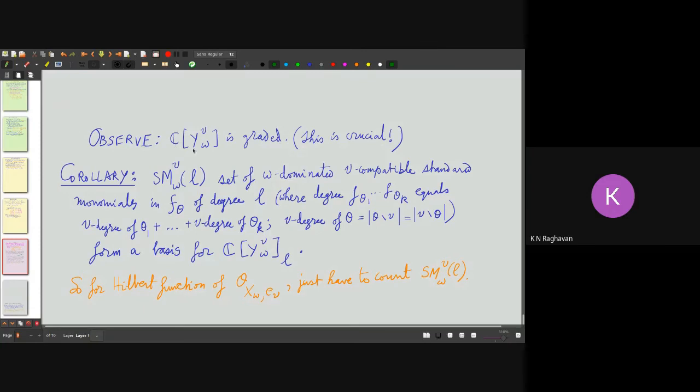I was supposed to compute the associated graded of this CYW at the origin, right? Because that is the local ring. But since it's graded, I don't have to worry about computing the associated graded. And this is crucial because